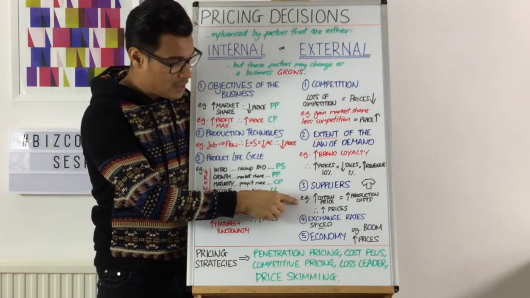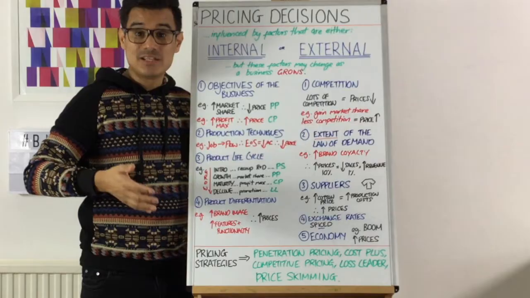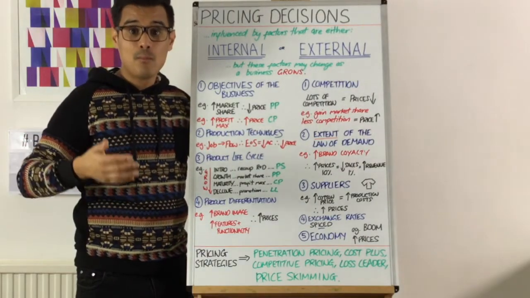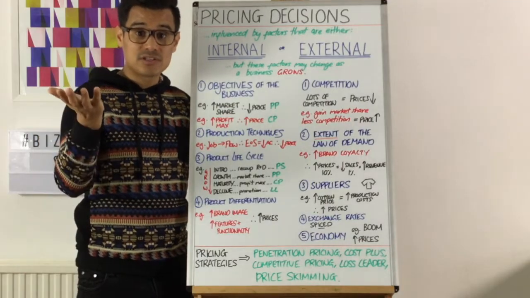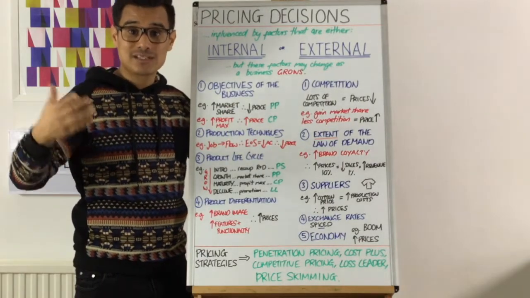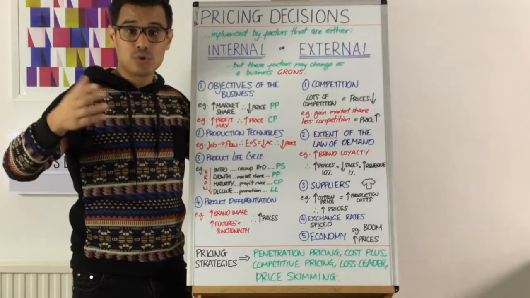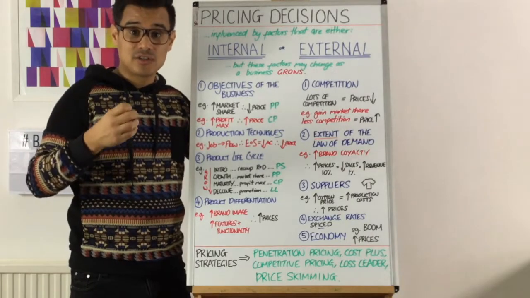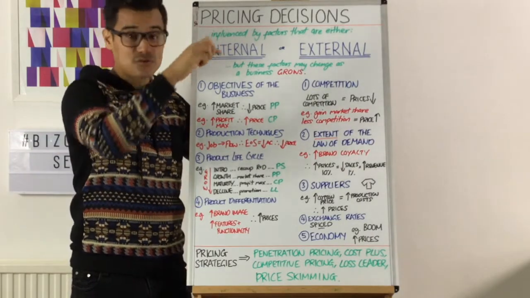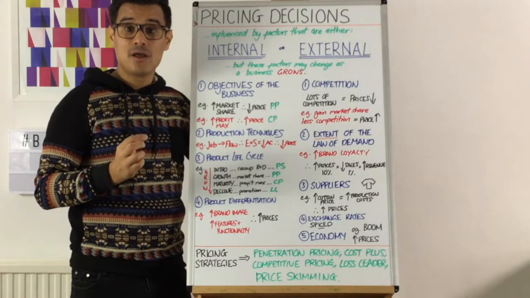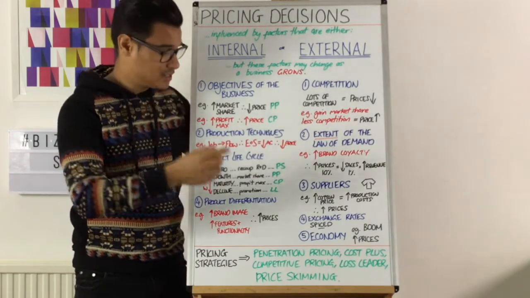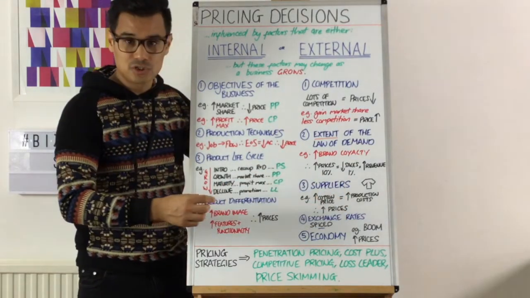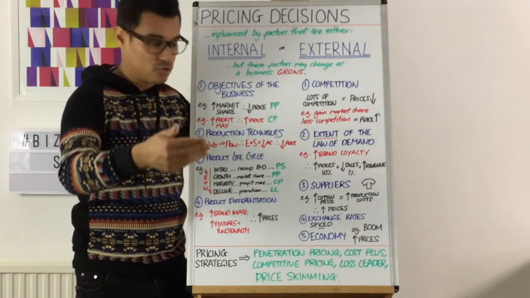For example, imagine you're making t-shirts and you're making t-shirts from cotton. You get your cotton from your supplier. But what if cotton prices have increased? Well, that's going to mean it costs you more to get that cotton. And because you're now having to fork out more cash and it's increasing your costs, you might decide that you're going to pass this increased cost onto the customer. And therefore, you're going to pass it on to the customer by increasing your price. So maybe it leads to higher cotton price, leads to higher production costs, and therefore you will increase your prices accordingly.